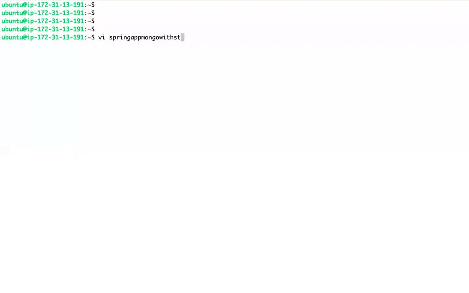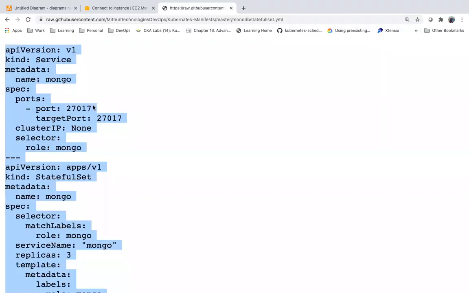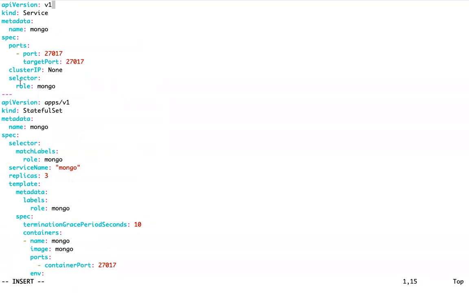Mongo with the stateful set. So this is my pod manifest. Guys, don't get confused, right here, labels, whatever you want to use. Here I have used the label role as Mongo, so the selector is role as Mongo instead of app Mongo. This doesn't matter, it's just a key value pair. Whatever you want to use, you can use. This is what I have labeled my pod, role Mongo, and here I have used the selector as role Mongo. You can use anything, these names also.